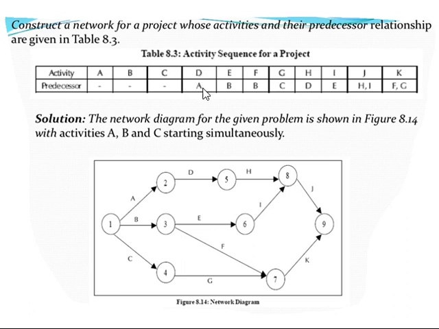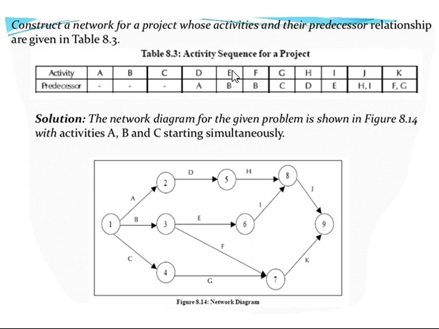For that, there is a relationship. If you want to represent an activity D, you first have to complete activity A. So that was shown here. This is the activity D that was completed, and it was carried out only once A has been completed. That means the end of activity A will be node 2, which will be the starting point for activity D. And this activity D will have its end node, or end event, exactly at 5.